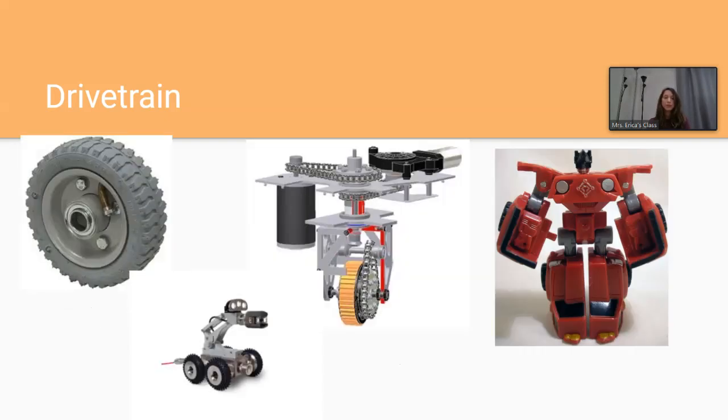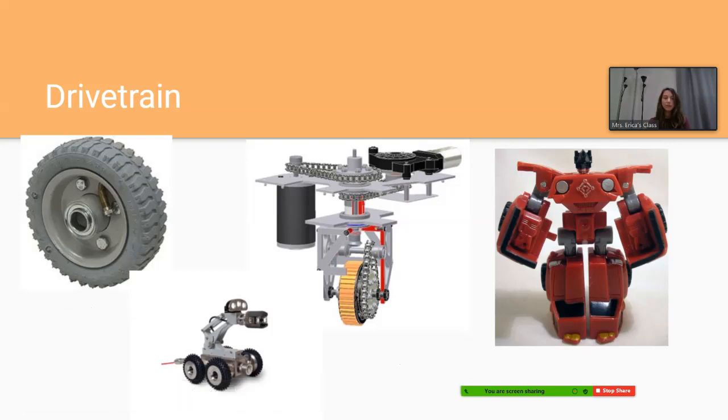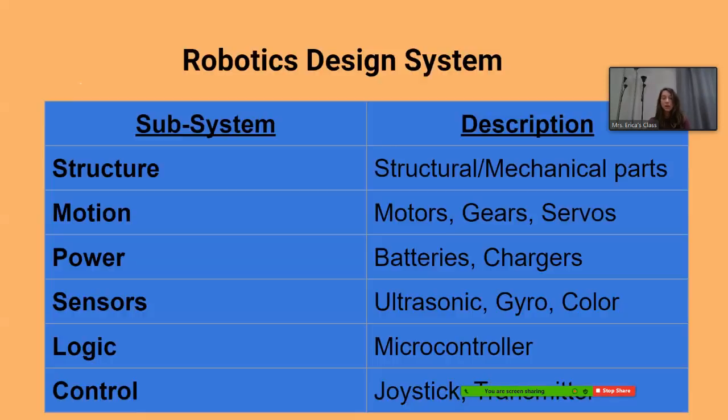So I put some examples. Here's a little humanoid with two legs. This one has four wheels. There's just so many different types of drivetrains that can be out there. So that is that. Okay, so next week, we're going to be talking about